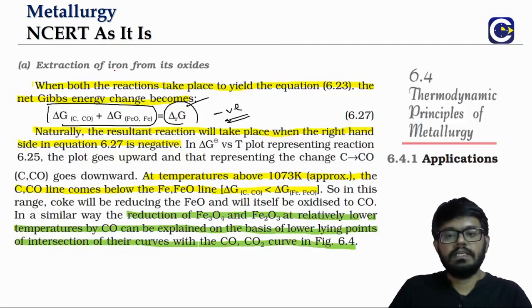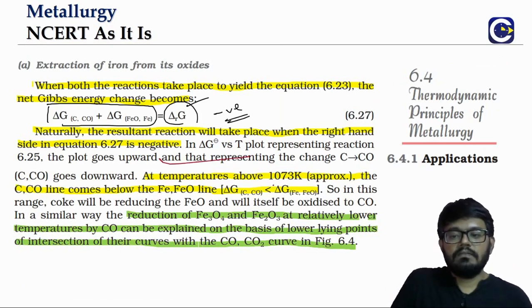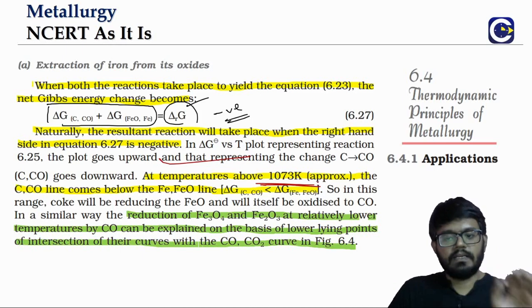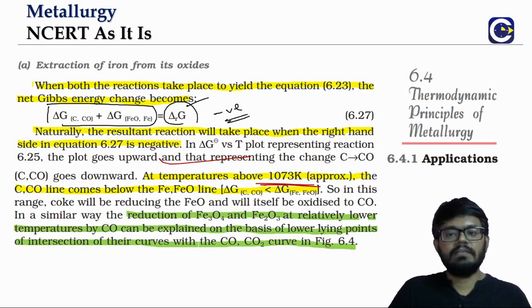So what is the observation? If you look at the Ellingham diagram, at a temperature roughly around 1073 Kelvin, the point is, in the entire metallurgy, we have to take these temperature values with a pinch of salt, because as I have already mentioned before, some of these temperature values are not spoken with clarity. But we'll just go with the basic idea. And hence, in examinations also, you will not be asked questions particularly about the temperature part.